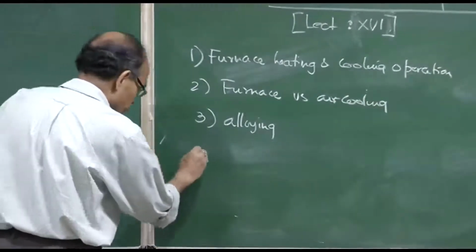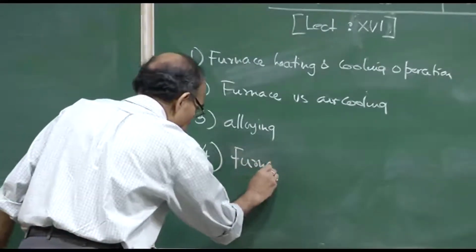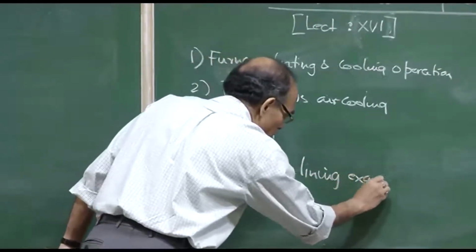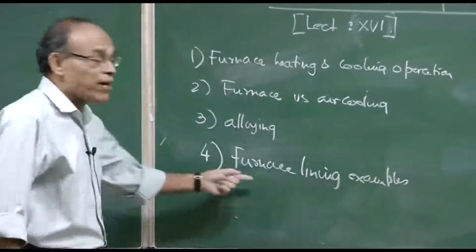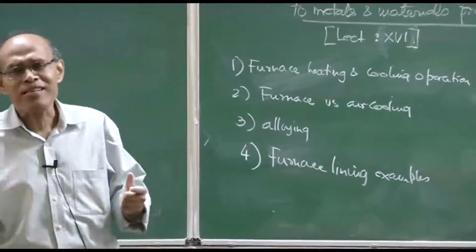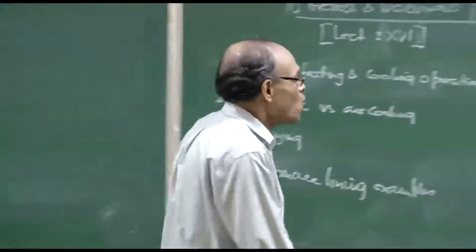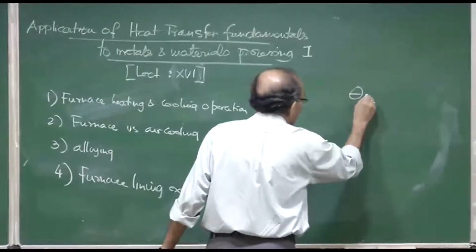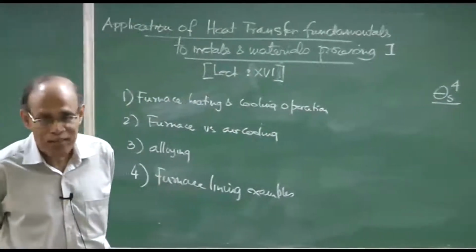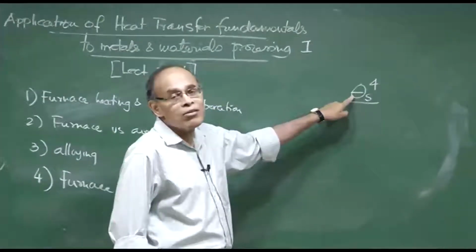We can also have some furnace lining examples, where we want to use refractory materials and insulating materials in order to contain heat, because we are talking about metals extraction at very high temperature, and we must understand that radiation becomes extremely important in our context, that you must remember, because the surface temperatures that we are talking about are often high, whether it is even a solidified